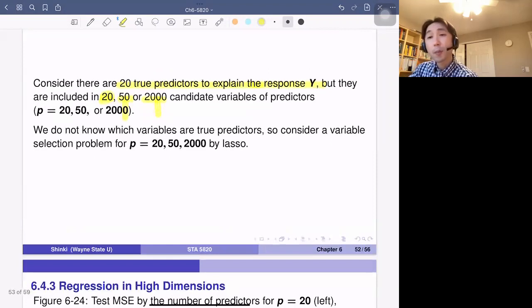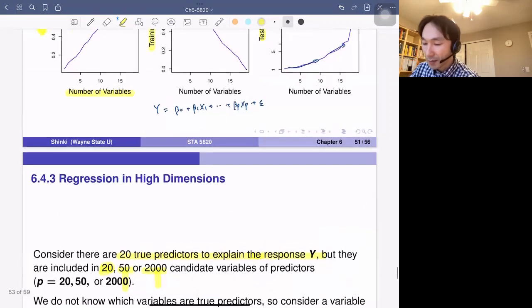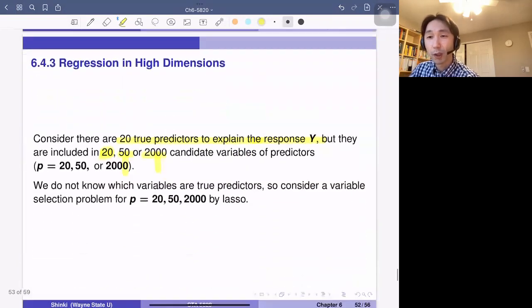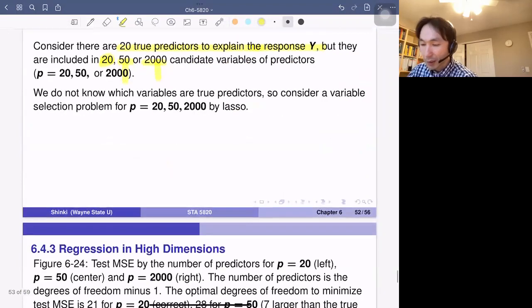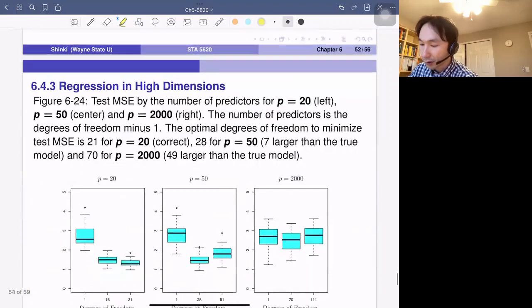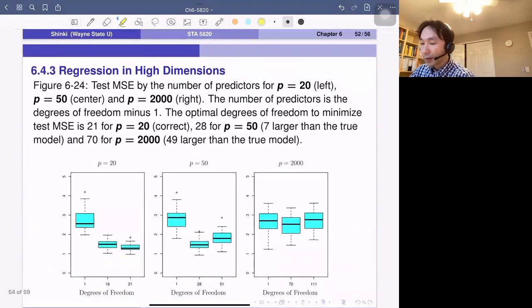And what happens when we use these data sets to fit the response y? We use the lasso method here. Basically this section is a little more general argument, so we move away from PCR or PLS, and we use lasso regression. And here is the result: p equals 20, p equals 50, and p equals 2,000. And we optimize the number of predictors